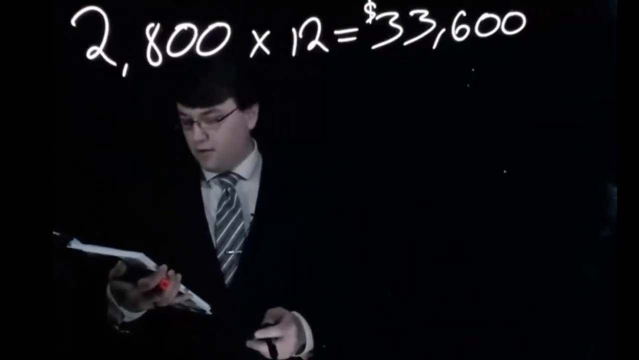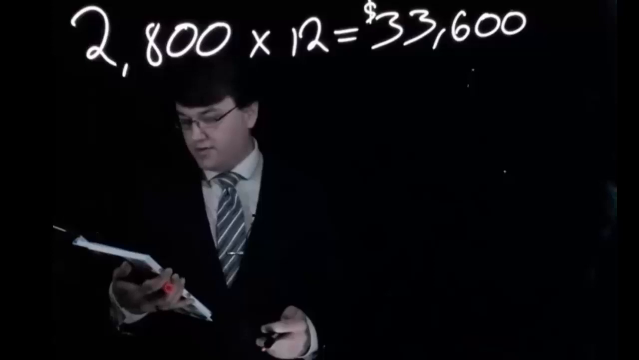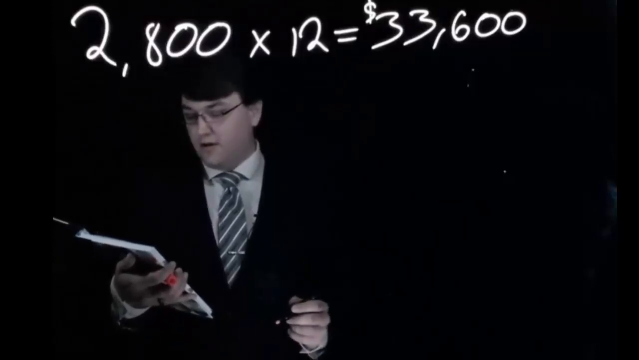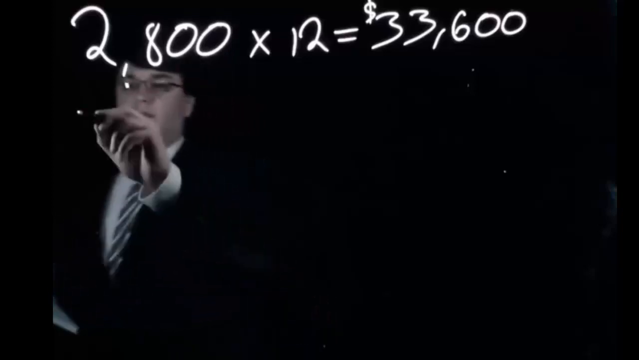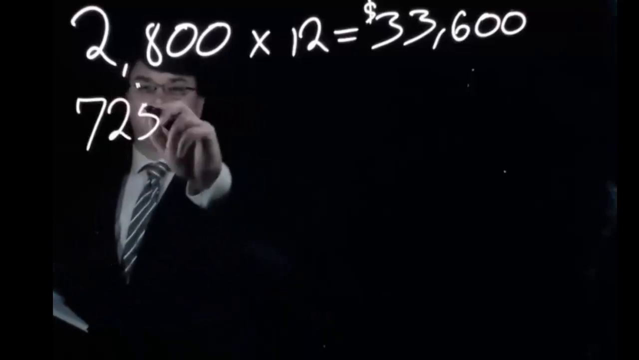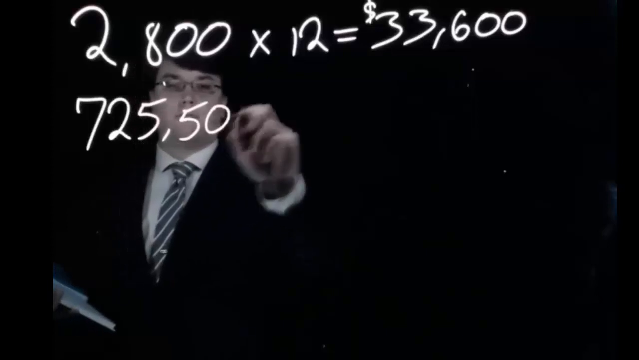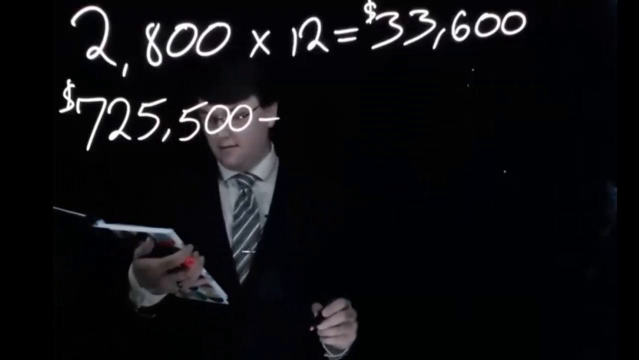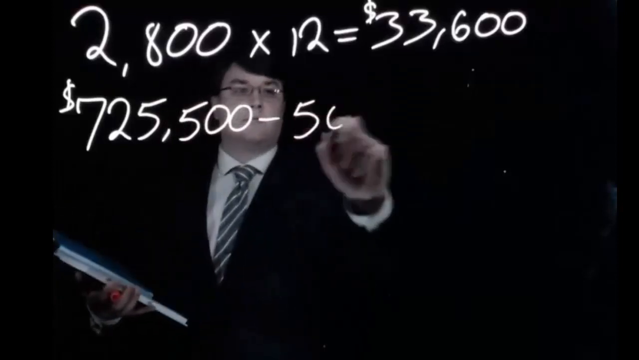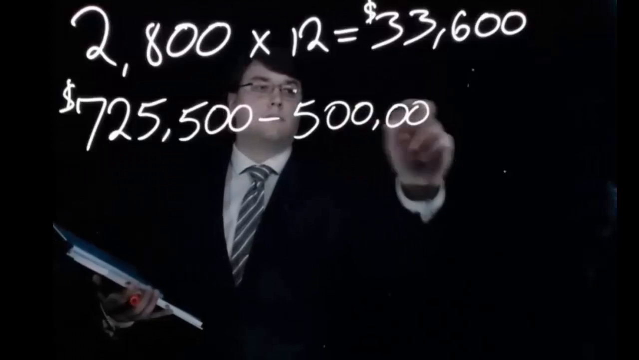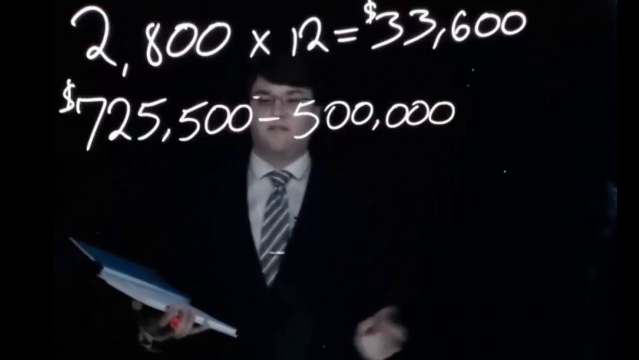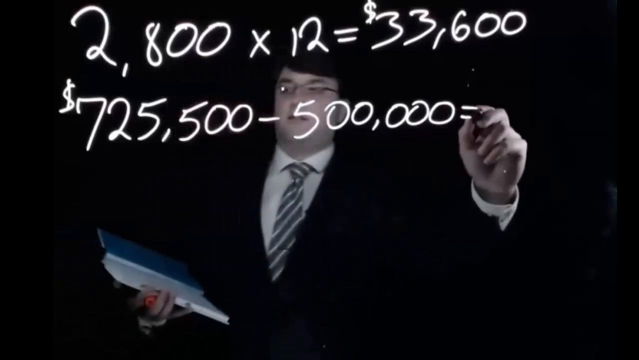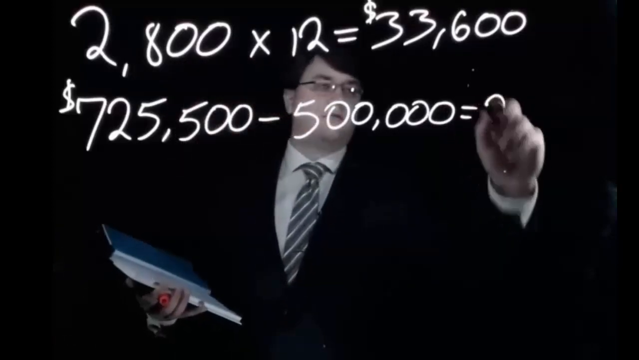Now we have to figure out what to apply the 4% to. So they said that the sales for the year were $725,500. And they said anything that exceeded $500,000 would be multiplied by 4%. So we subtract these two numbers for some easy math of $225,500